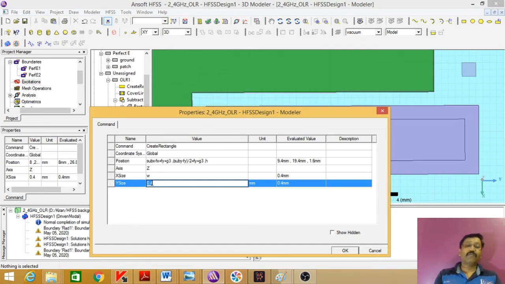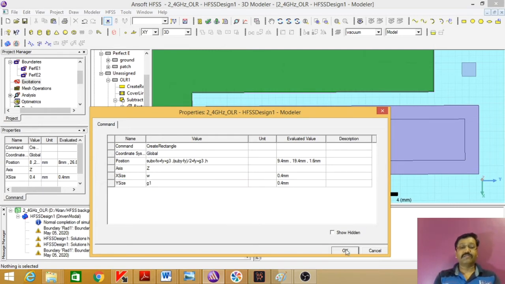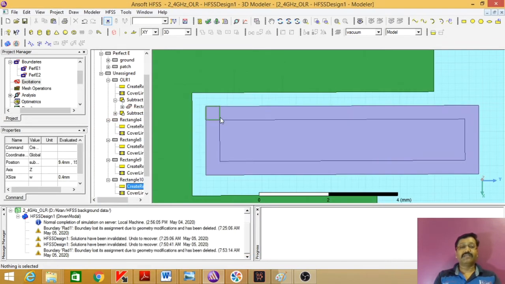So the both gaps are same, so we'll assign the same variables. Otherwise you can assign the different variables, right? So I will give the gap as G1. So G1 is already defined, so it is not going to ask you. So simply I will say okay. Now you can see it is assigned properly and is aligning with the dimensions.